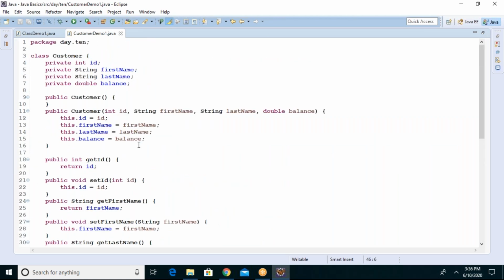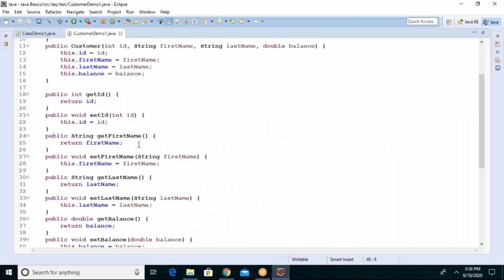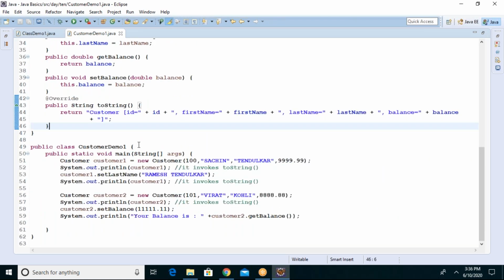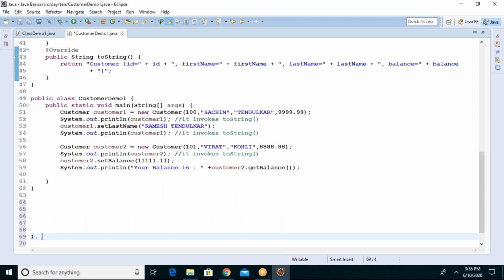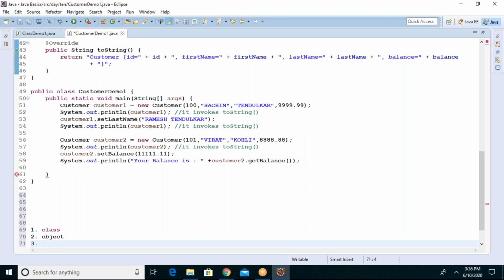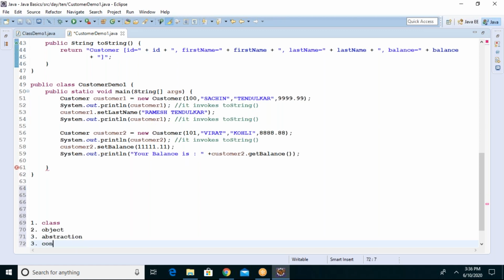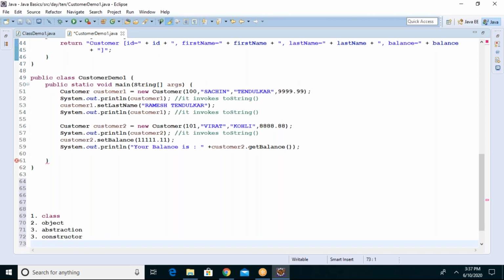Any doubt to anyone? So what we discussed so far in the class concepts since yesterday, guys. Number one, we discussed what is a class. Number two, what is an object. Number three, what is abstraction or data abstraction. And we discussed the constructor, and setters and getters.